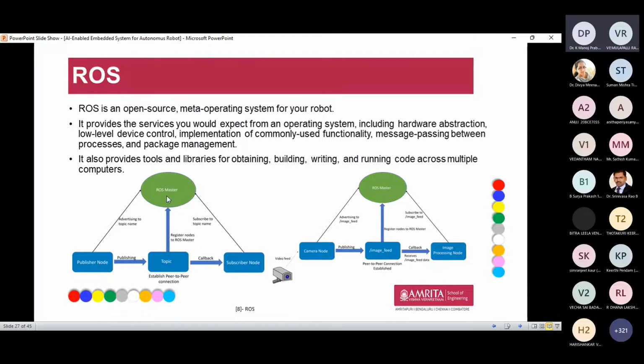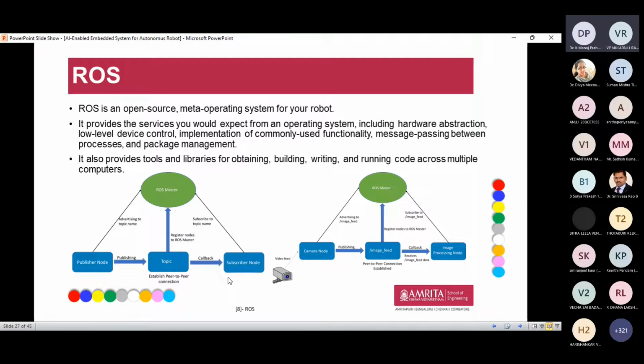In this first image you can see the ROS master. The ROS master is interlinked between multiple nodes. The multiple nodes, we can say the publisher node or subscriber node. The publisher node takes some action, and the publisher node gives the token to the ROS master. The ROS master checks which nodes are free, and this publish can be executed in the subscriber node. So the ROS master activates the subscriber node, and the topic is the communication between the publisher node and subscriber node. Now the information, that is a message, can be passed from publisher node to subscriber node.